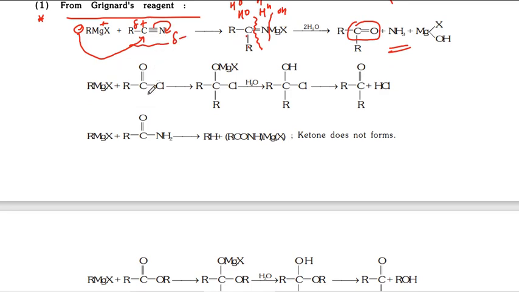The cyanide is over. Then acid chloride. In the last slide we discussed acid chloride to aldehyde with the help of palladium barium sulfate, that is aldehyde. Now we are taking Grignard reagent. In the case of Grignard reagent, always one alkyl group is inserting. Then the alkyl group is attacking here, then OMgX, so delta negative, delta positive. So this MgX is going here, then it is forming OMgX, then hydrolysis.